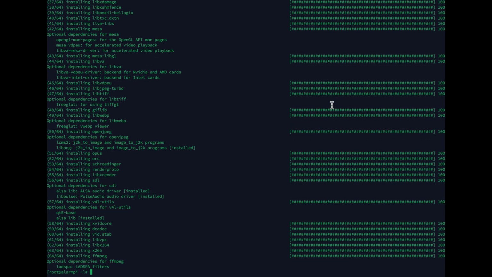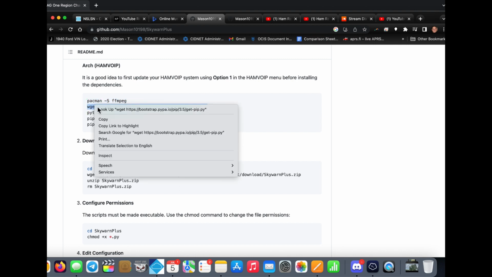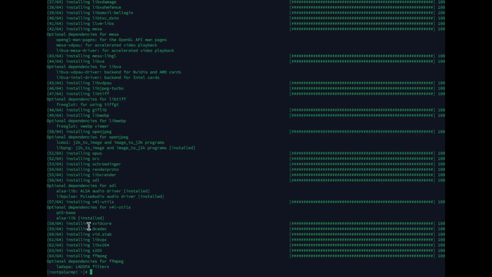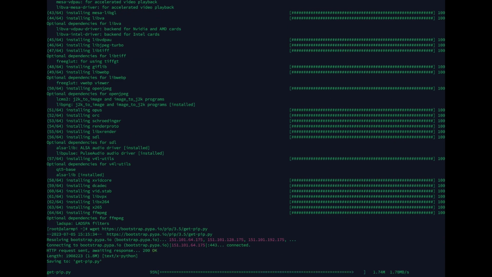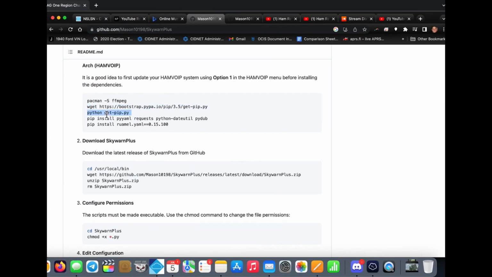Now once it's done, you'll see that we've got our command prompt back, and we're ready to move on to the next step. The next step is the wget. Hit enter, and we'll let it run through that real quick. Okay, we've ran the wget, and we're going to just clear the screen, get our next command, which is to